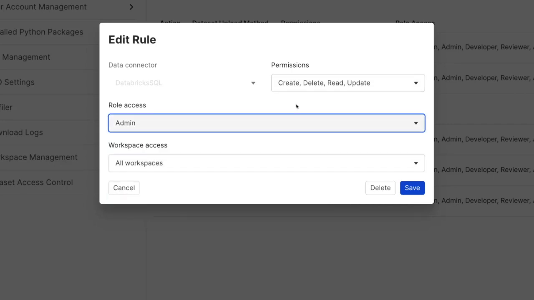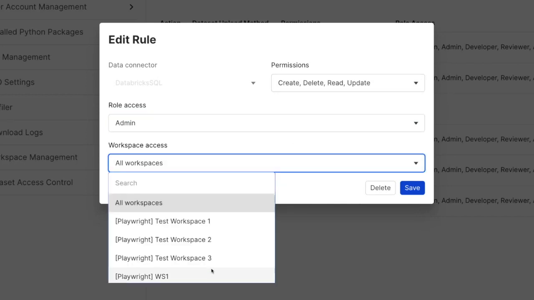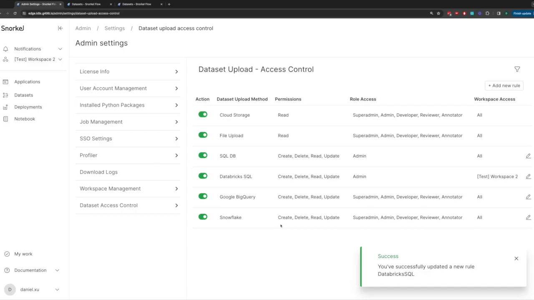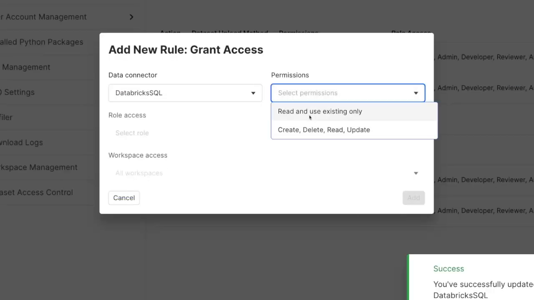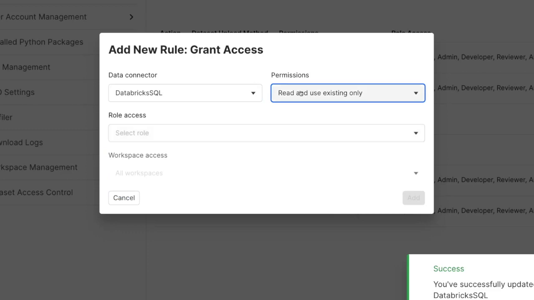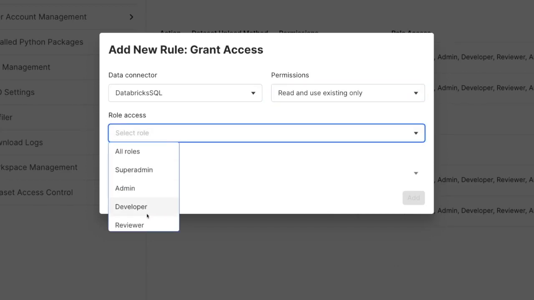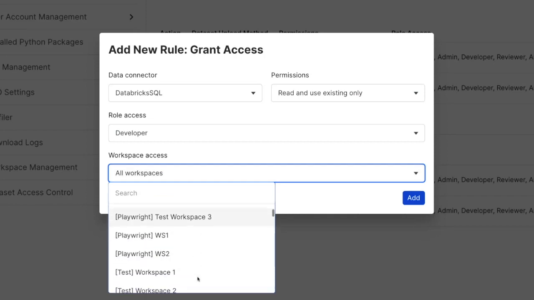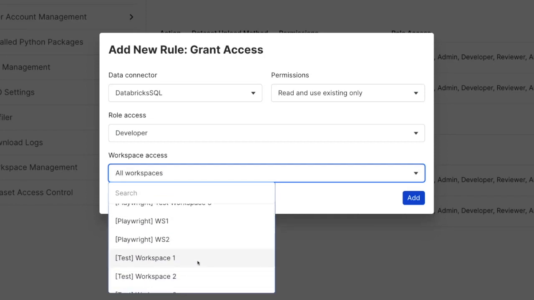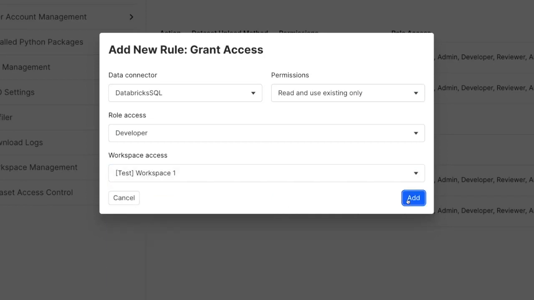For admins, I will allow them to create, delete, read, and update existing configs. So I will do this for Workspace 2. And then I'll add a new rule for Databricks SQL. I'll only allow this to be read and use existing. And I'll say, hey, for developers within Workspace 1, they will only be able to read and use existing